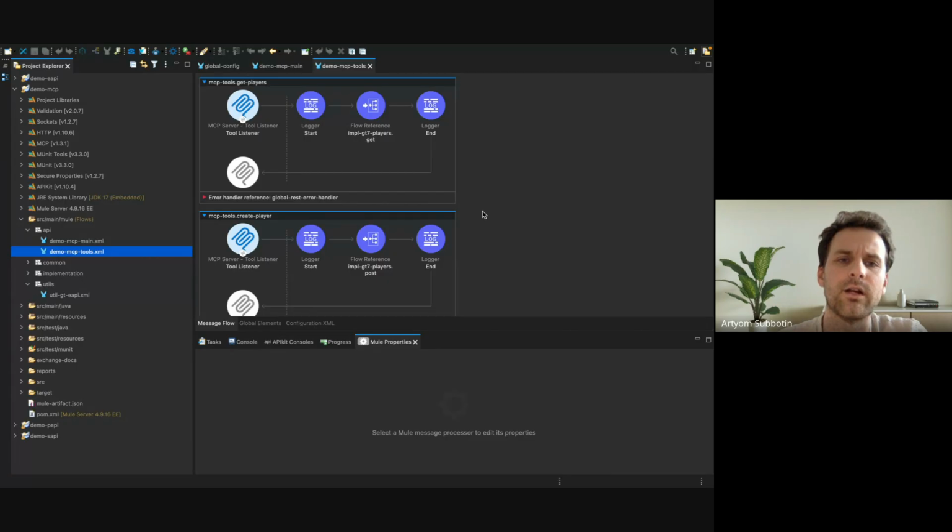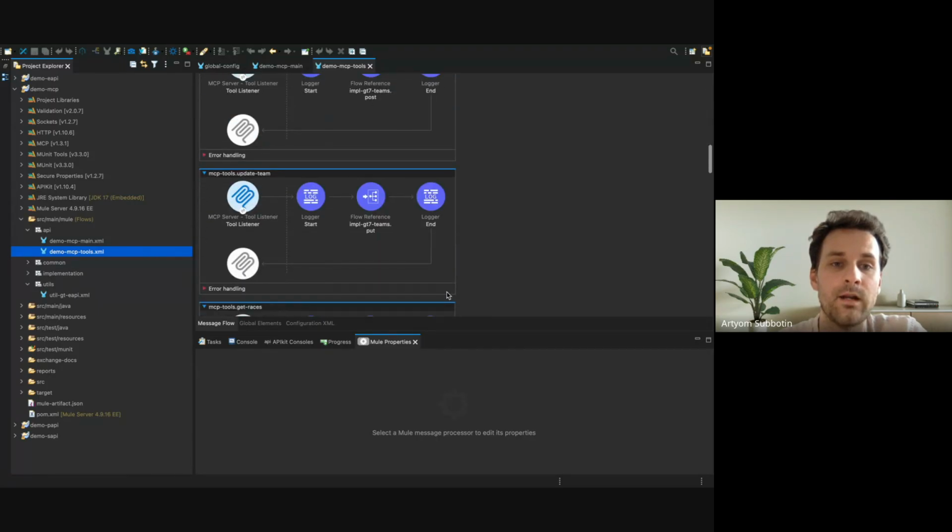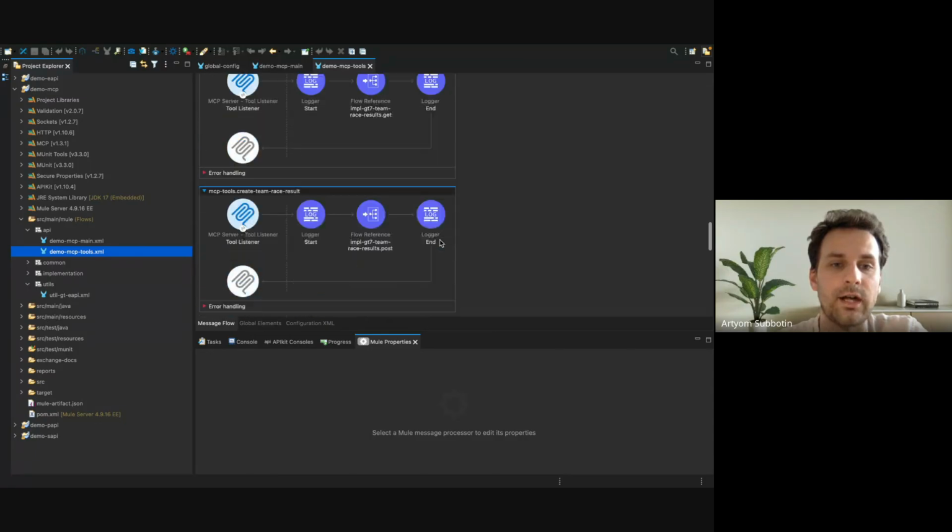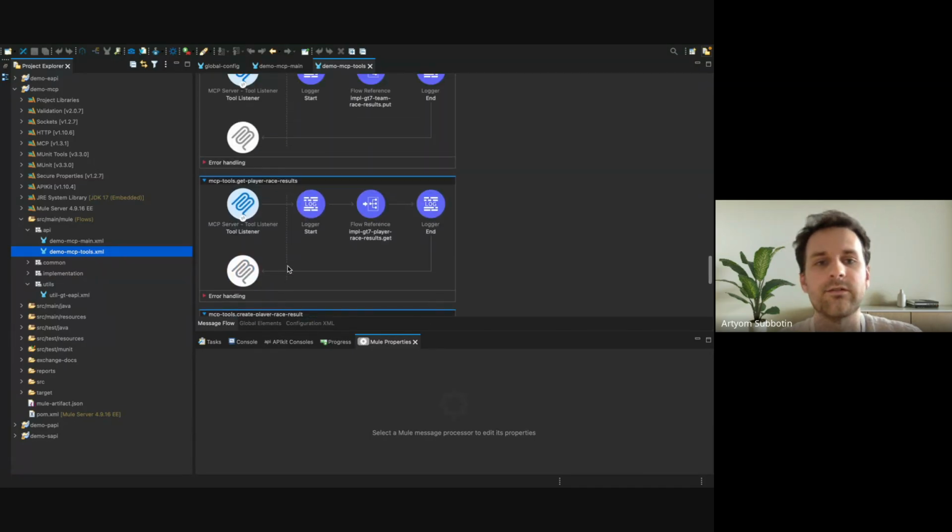Just briefly, we'll try to explain our use case. We have a cloud database which contains several details about some racing PC game. And we have different entities there, like players, teams, races, and I believe that's it. For others, we have additional ones like extensions, race results, player results, and so on.